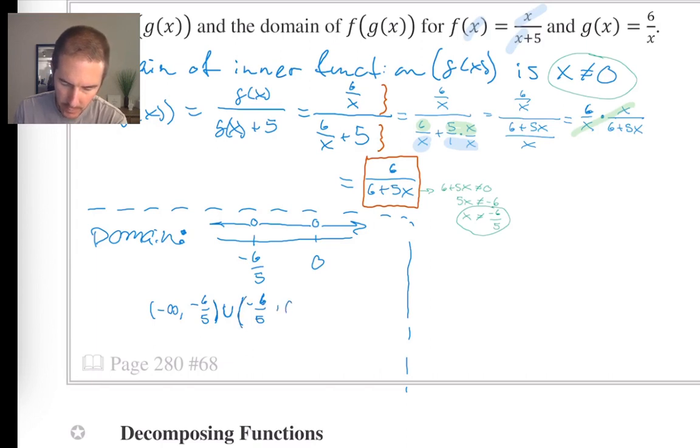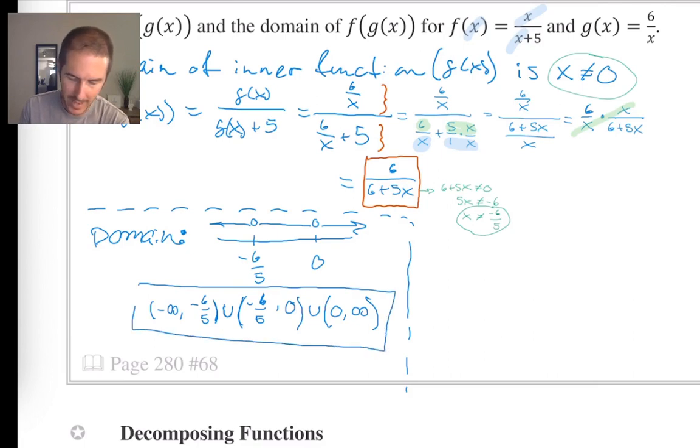That shading goes up to 0, which we will exclude, or we could choose x values starting at 0 and going all the way up to positive infinity. Notice that those open brackets or parentheses in interval notation are telling us that negative 6/5 and 0 are being excluded from the domain. My guess is that is how you're going to be presenting your final answer for your domain of this composite